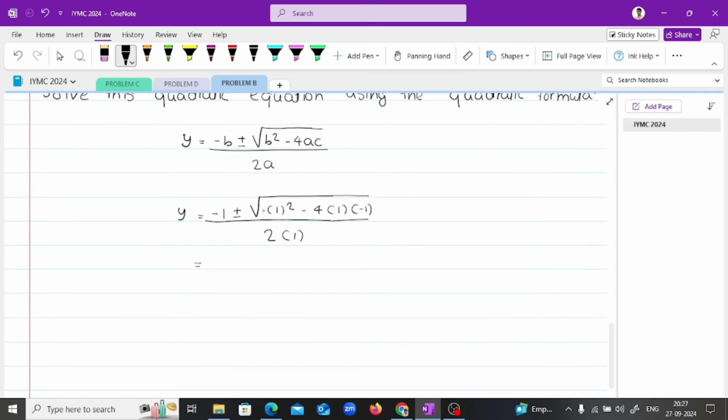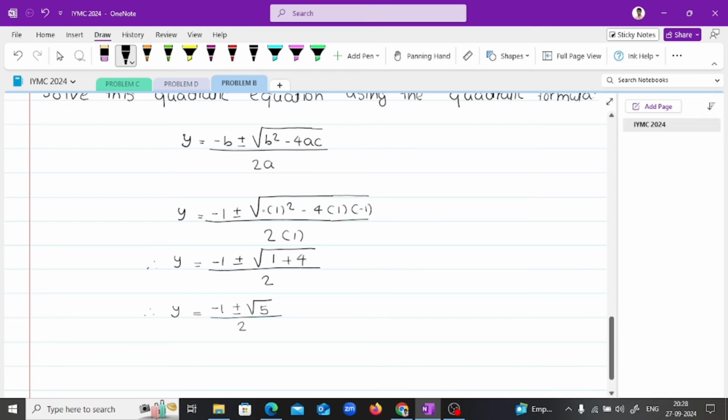The value of y will be minus 1 plus or minus square root of 1. This minus into minus is plus, and 4 into 1 is 4, divided by 2 into 1 is 2. So the value of y is like this. Therefore y is equal to minus 1 plus or minus square root of 5